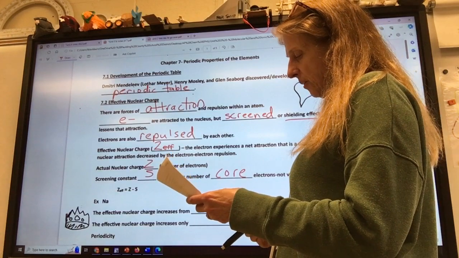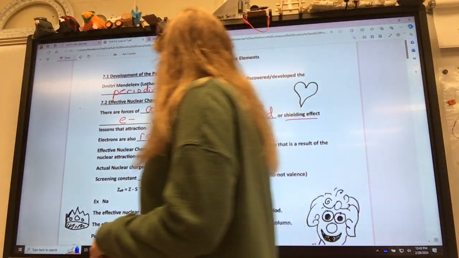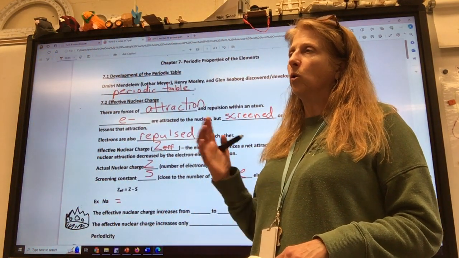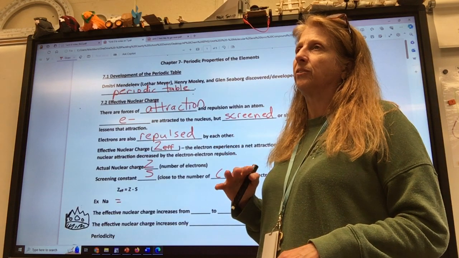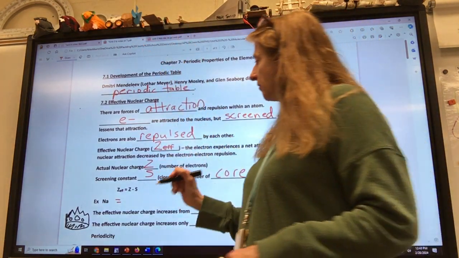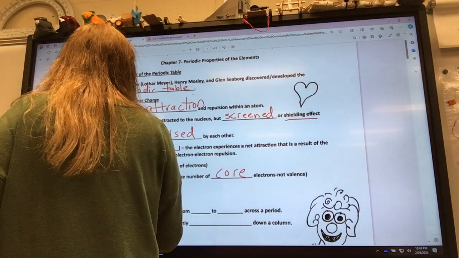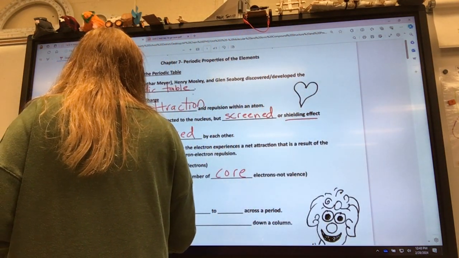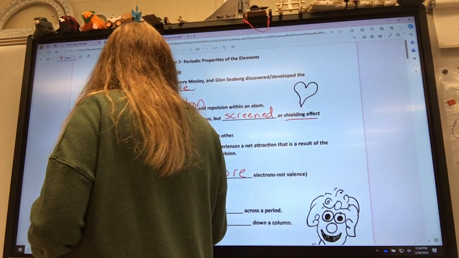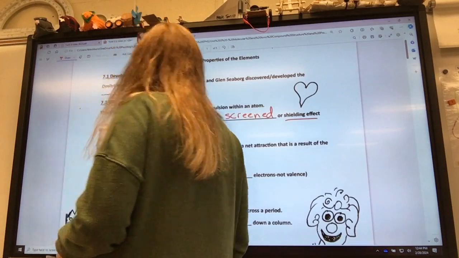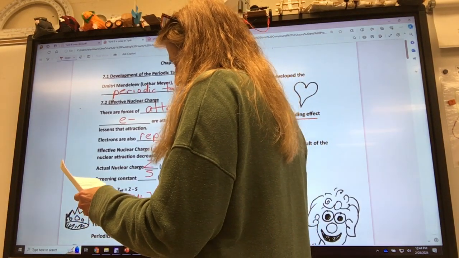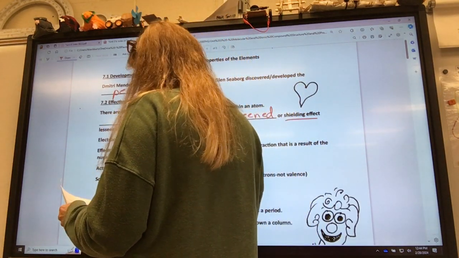So here is an example, sodium. If we want to know the core electrons, we should look at its noble gas configuration. The noble gas before it is neon. So we would put that neon in square brackets. And I like to put my little 10 down there, but that's neon. It looks like a 16, but that's a 10. And then after that is 3s1, right? Everybody good with that? So it's the same as neon plus one more.